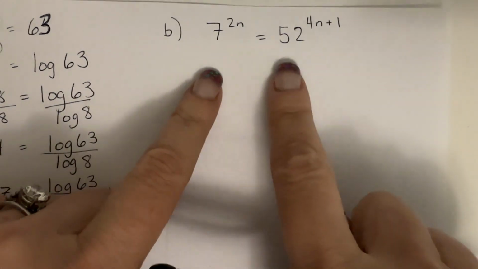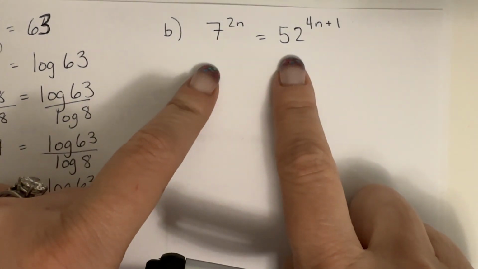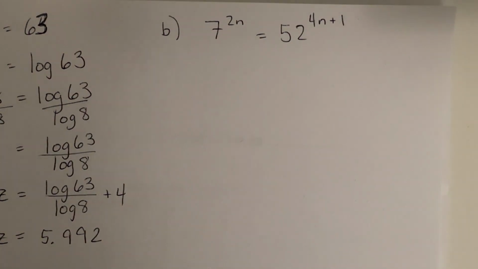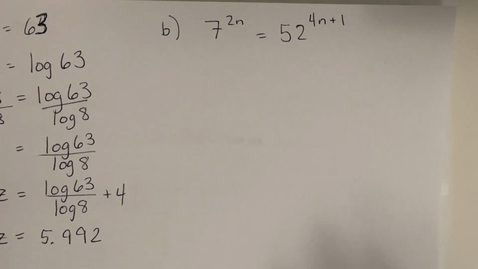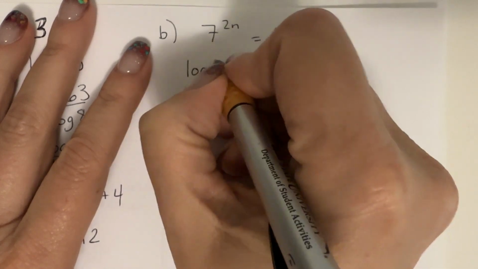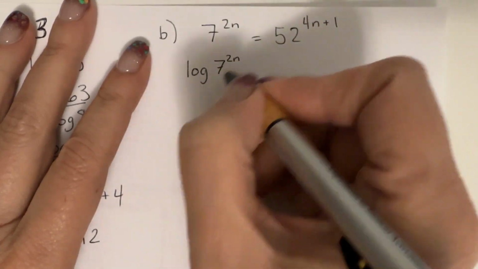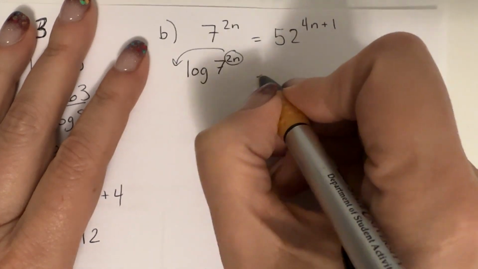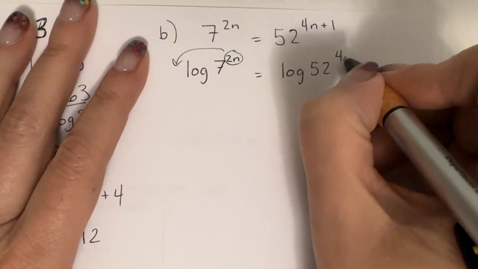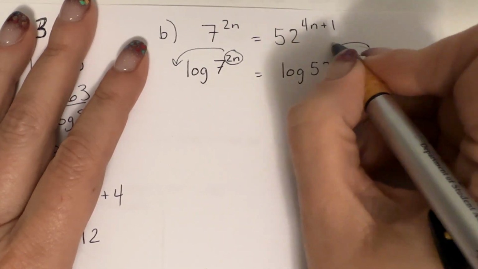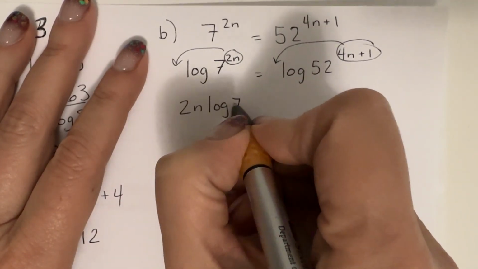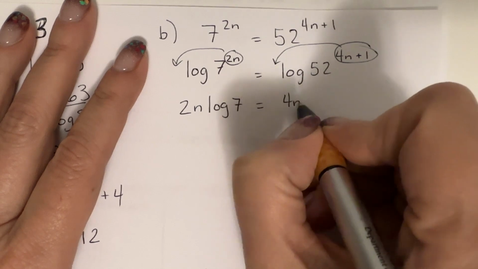Okay, so I'm assuming you paused it so you can work it out. So at this point, I cannot make a 7 and a 52 be equal because 52 is not some power of 7. Had it been 49, yes. So I've got to log both sides with the sole purpose of being able to move my exponent out front. Okay, so I'm going to have 2n log of 7 equals 4n plus 1